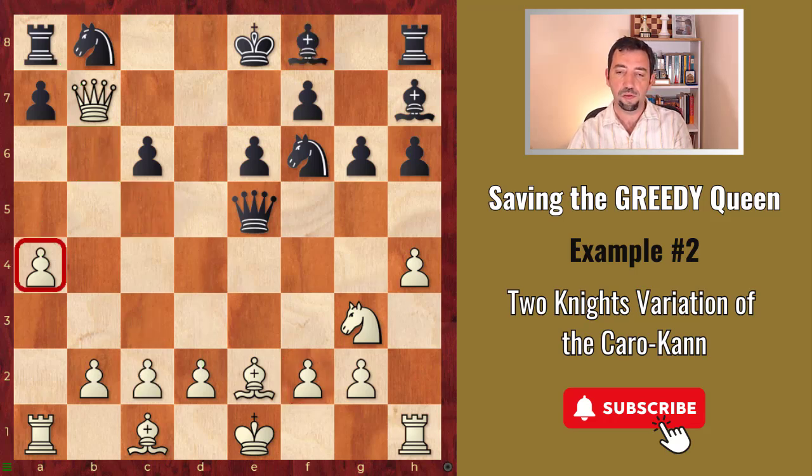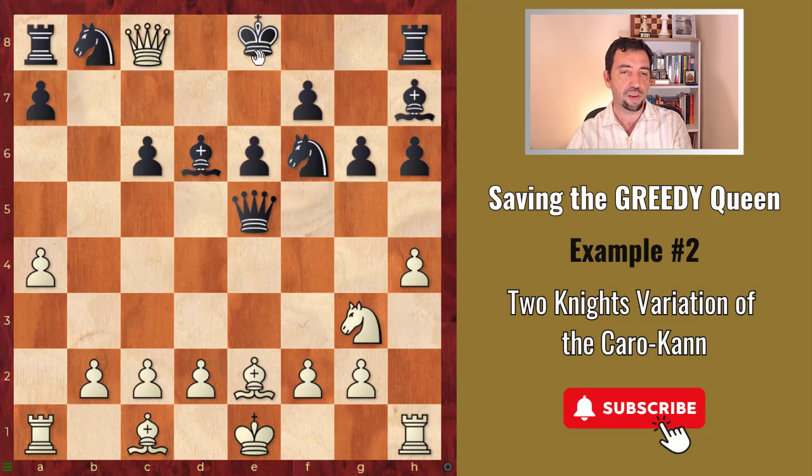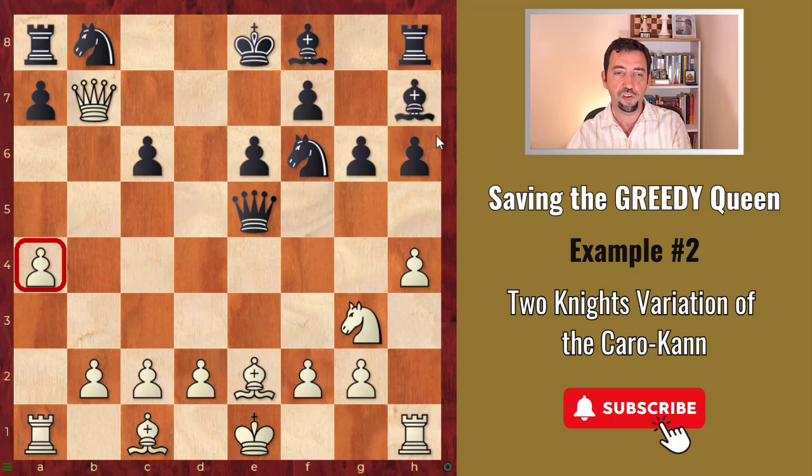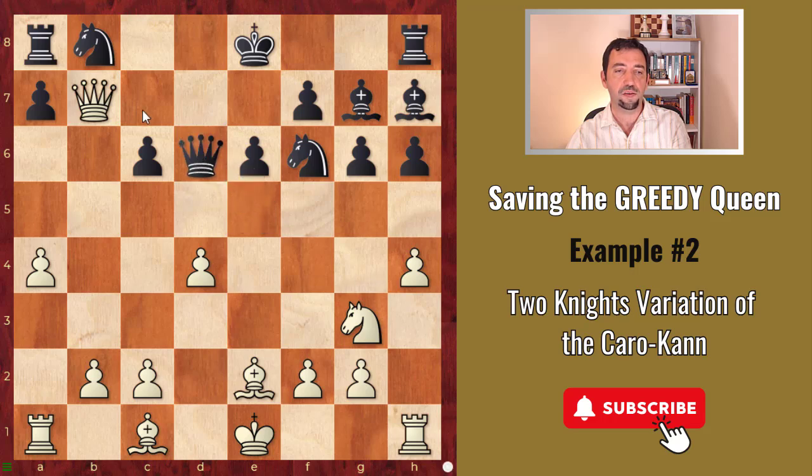Instead of this, black can also play bishop d6, but then we can sometimes grab the other rook, queen c8, king e7, and queen takes h8. And we have good chances to extract the queen by playing c3 and d4. And well, the knight is pinned. This is something basic, and this knight is pinned as well. So this is easier. In the case of bishop g7, then we can play d4, and well, queen d6, queen